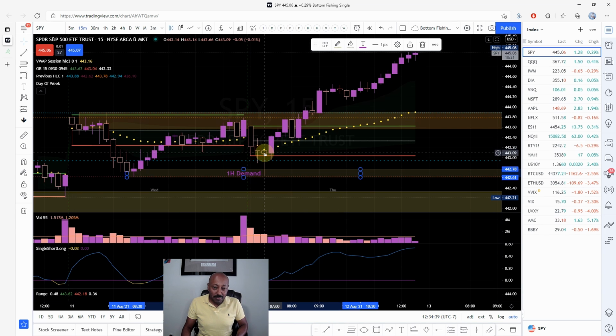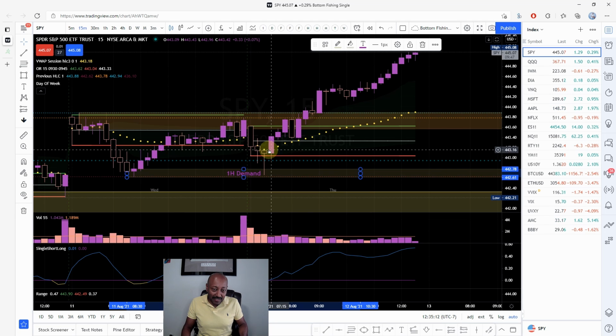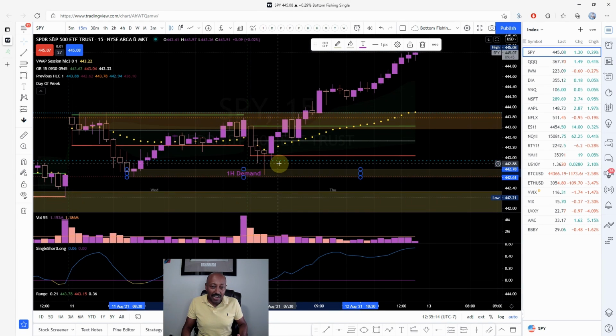As you enter a position as the pin bar is formed, this is a very good candlestick pattern. As you enter a position and you see this clearly, you have your stop at the other side of the demand zone. And as price hits the supply zone, you can trail your stop, maybe a little bit better than entry, maybe trail it on the VWAP. This is where the dotted yellow lines are. Or use some other trailing form, maybe the low of the next bar. You just trail your stop